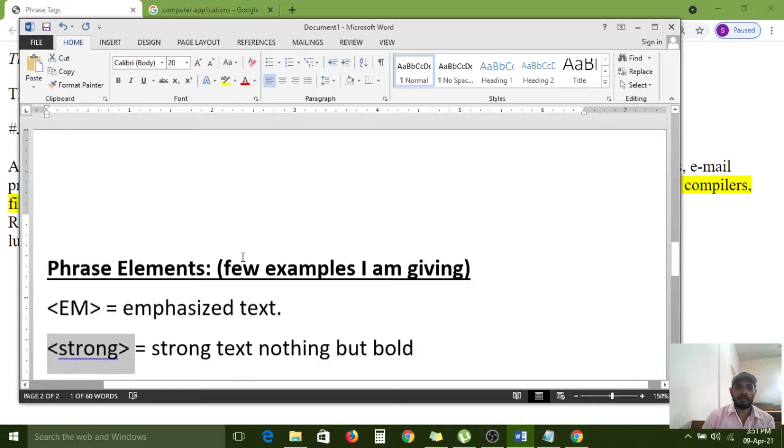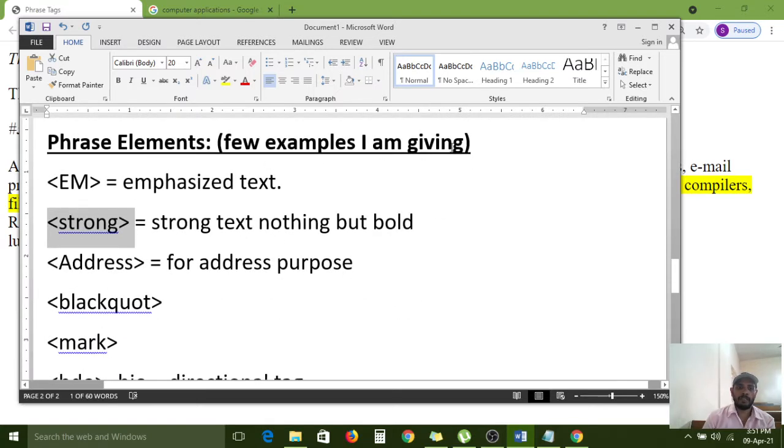What are phrase elements? We have a number of phrase elements, and for your understanding I am taking a few examples. EM means emphasized text. Next, strong text, which is nothing but bold.